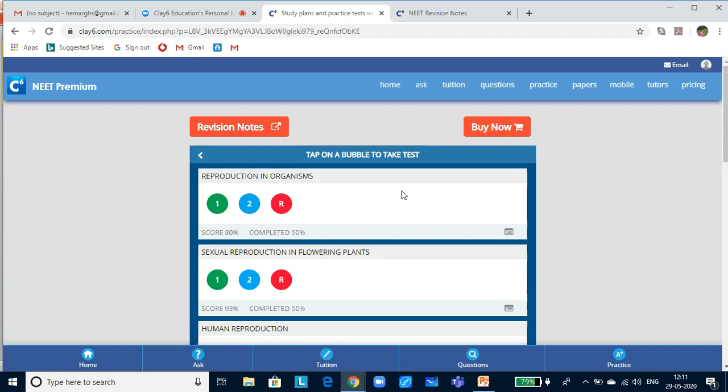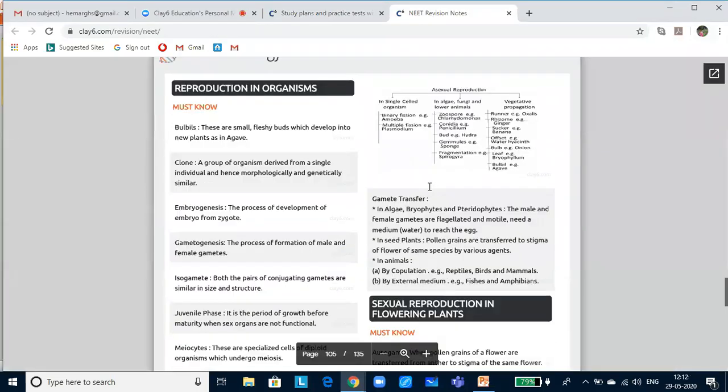So I would still suggest that having this package as a study tool will really help you. Now let us look into today's lesson, reproduction in organisms. So, this is the PDF. Whatever you have learned in 11th and 12th has been summarized to 135 pages using a lot of graphic organizers and key concepts, so that you can revise things within a few minutes or within an hour. You will be able to complete the revision even if you are short of time before your exams, and this will also help you to analyze whether a particular concept you have understood or not, or whether you should relearn it. So again, I would suggest it would be an asset for your preparation.